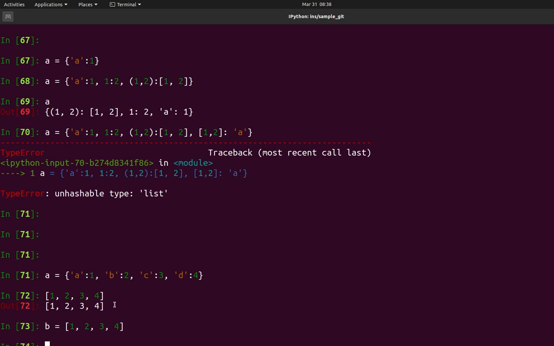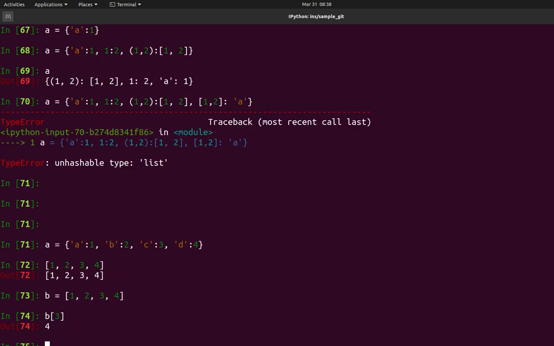Let me show you the differences in fetching the elements. In lists we should be using indexing, index values, to get the elements. If I do B of 3, I will get the last element. Whenever you want to retrieve the elements, you have to remember the index of that particular element. But that problem has been overcome using dictionaries.